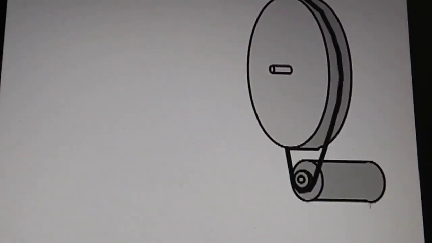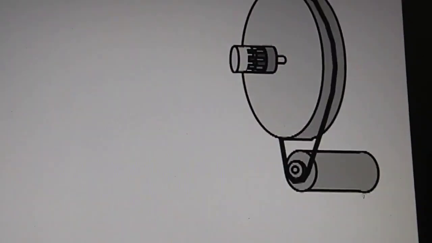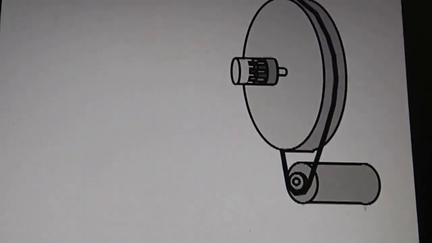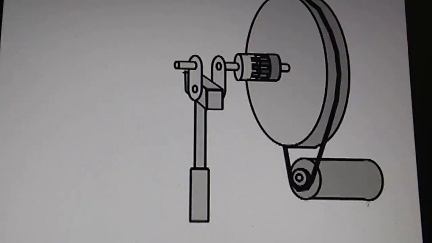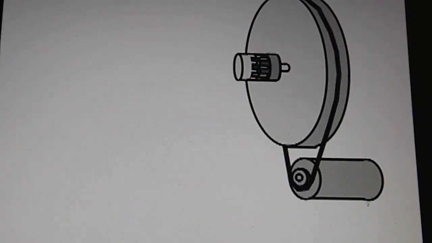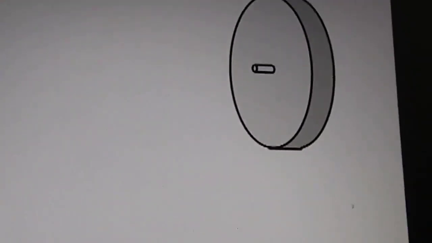You can see in this video how the operation is done on this flywheel.